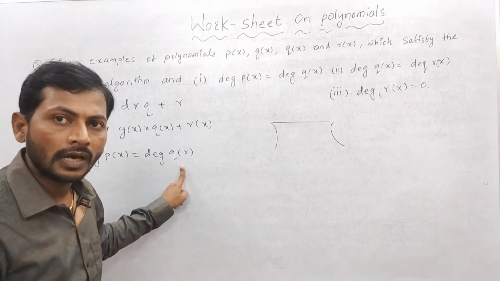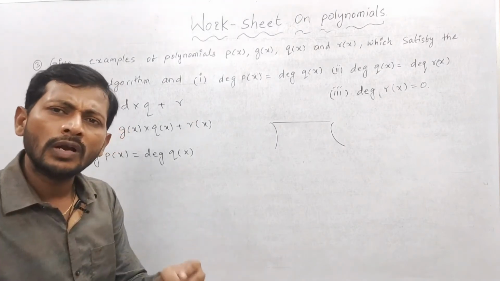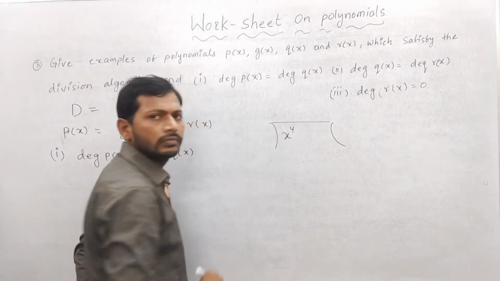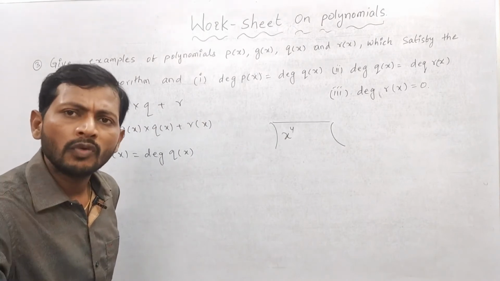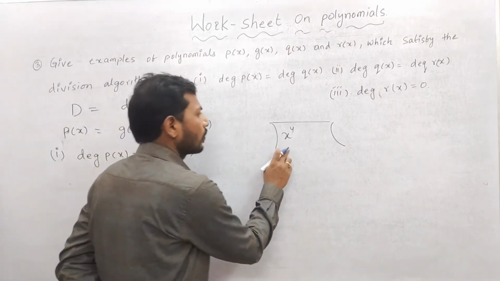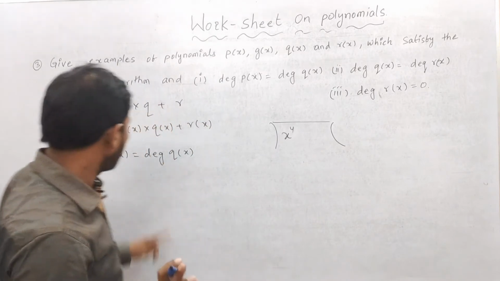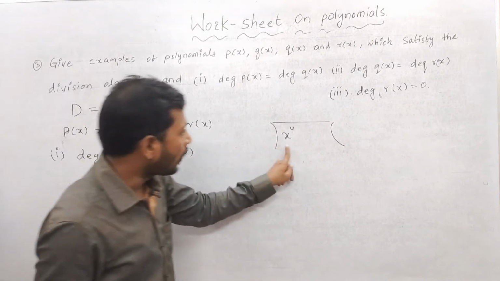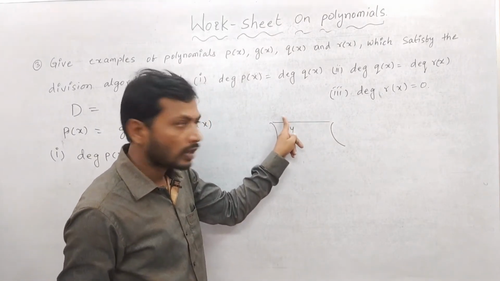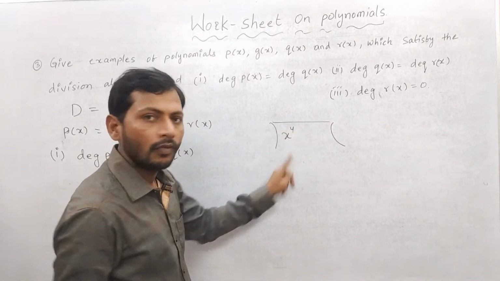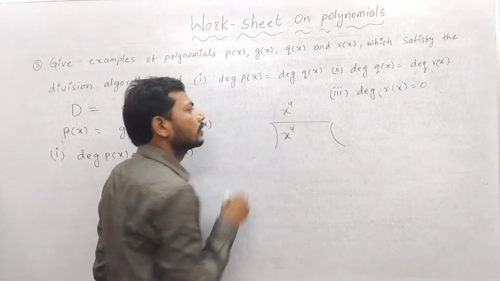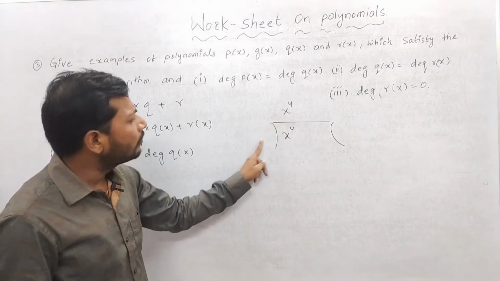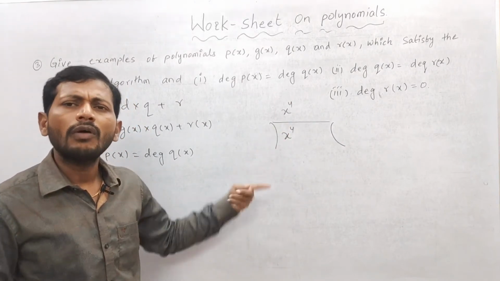How is it possible, sir? Simply take whatever you like. I am taking x power 4 here. If you don't like x power 4, take x power 5, no problem. x power 4. What quotient do I require? Sir, the degree of the quotient should also be the same. Degree means the power, so it should also have the same power. Then if I write x power 4 here, I also write x power 4 here. Sir, if you want x power 4 here and x power 4 there, then by what are you going to divide?